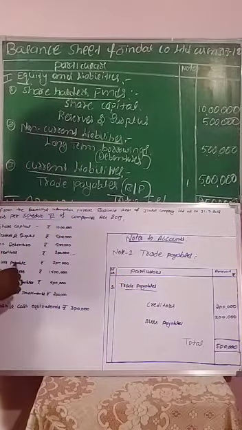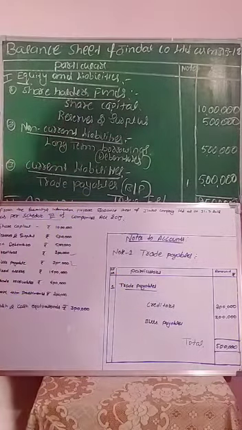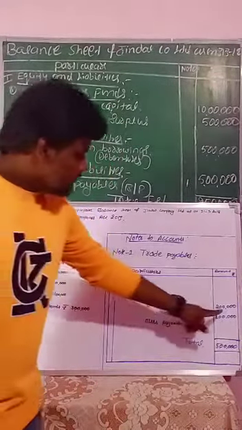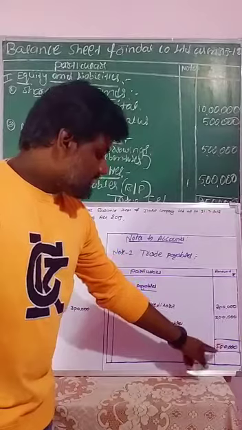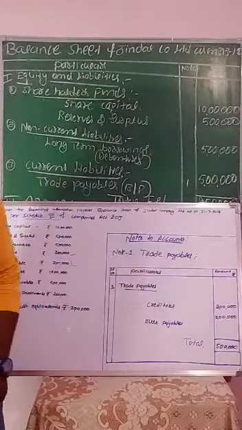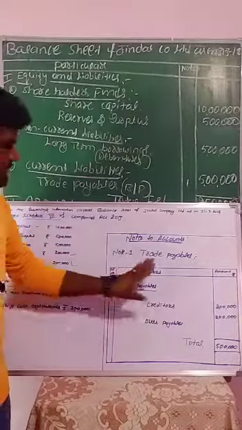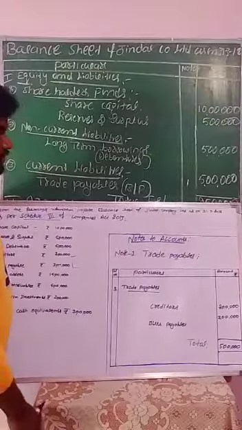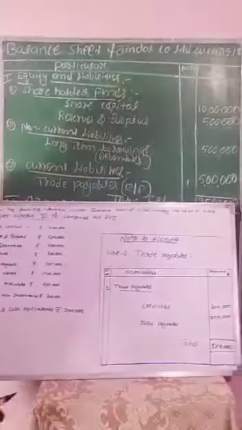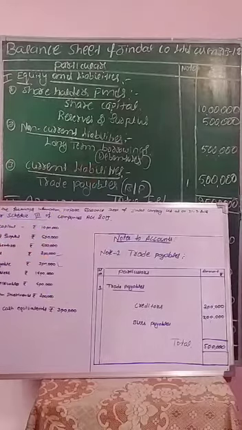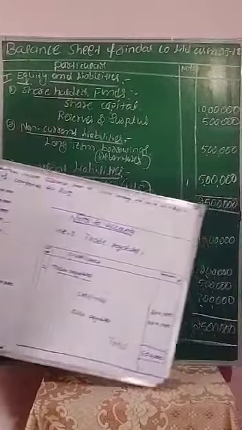And the same in bills payable, 3 lakhs rupees given, 3 lakhs rupees we need to record. So total 2 lakhs plus 3 lakhs, 5 lakhs rupees. These 5 lakhs rupees we can call the total trade payables amount. So this is note number 1. The amount calculated in this working note we need to carry forward to the main account, the balance sheet.